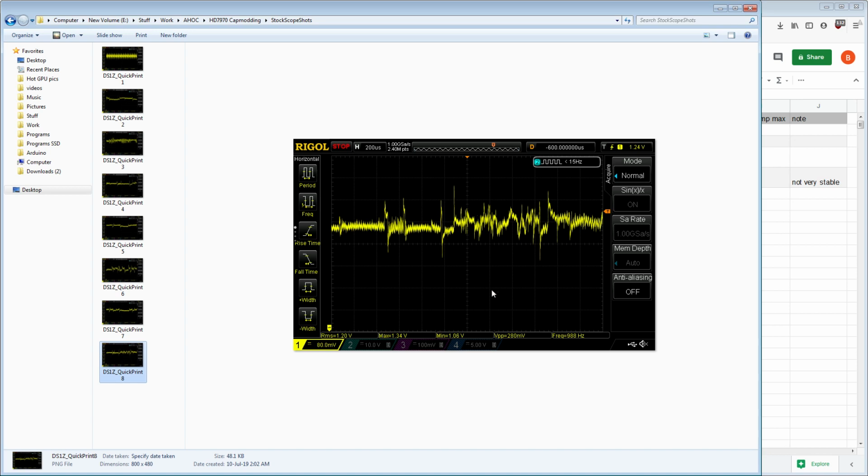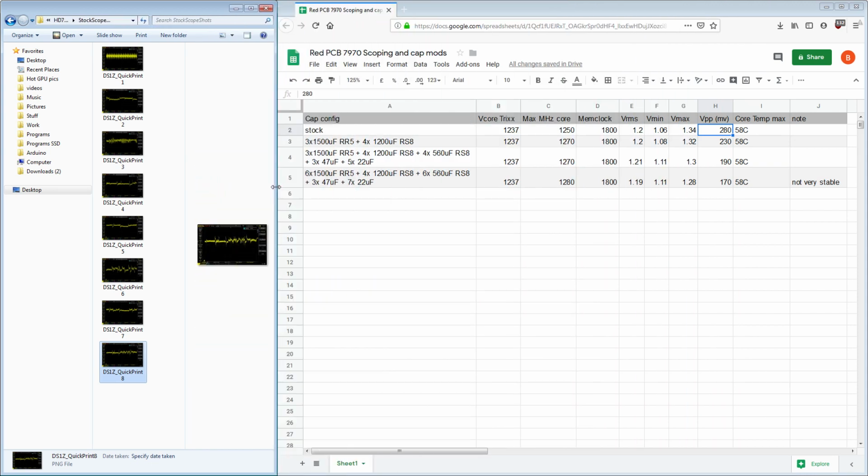And it just looks like a horrendous mess. Even here, we just have 280 millivolts peak to peak at already just 200 microseconds. So that's 1.34 right there, and that's 1.06. So, evidently, a mess. Very much a mess. So, if we go back to my actual cap mods,